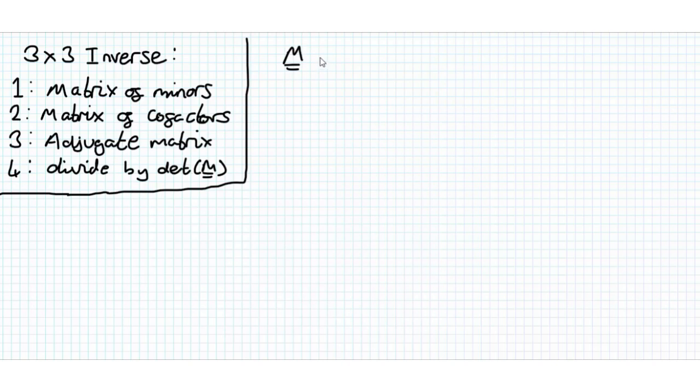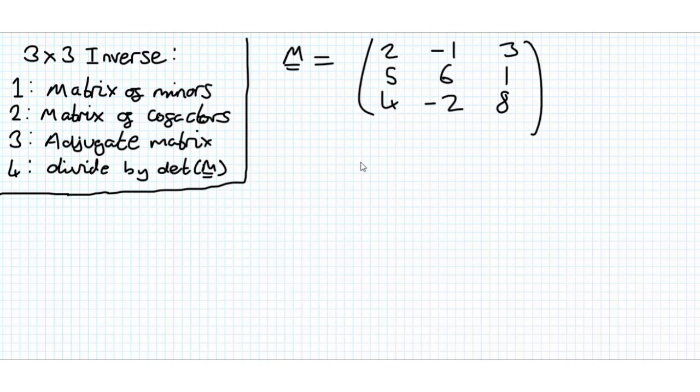So we're going to take our matrix M to be equal to 2, minus 1, 3, 5, 6, 1, 4, minus 2, 8. First thing we're going to do is work out the determinant of M. Because we have to divide by the determinant of M, I don't want to introduce 3 new matrices in steps 1, 2 and 3 and then get confused and find the determinant of the wrong matrix. So just find this straight away, and that's equal to 2 times